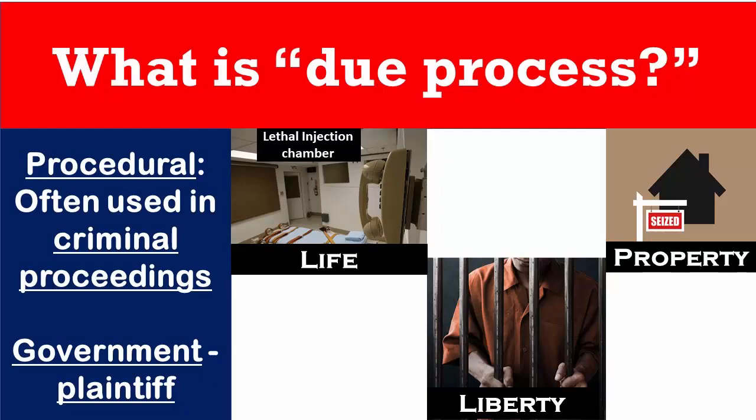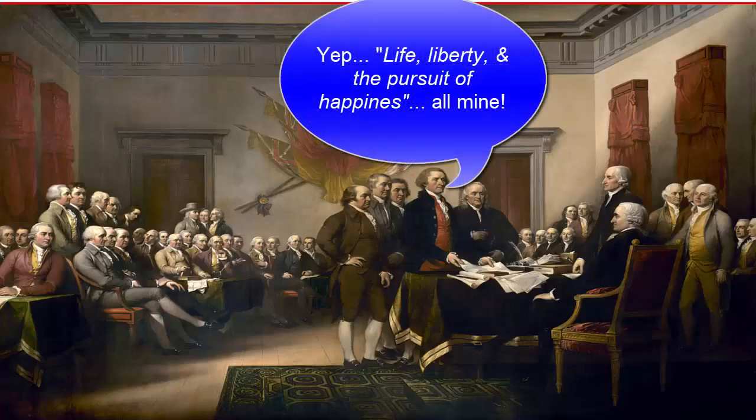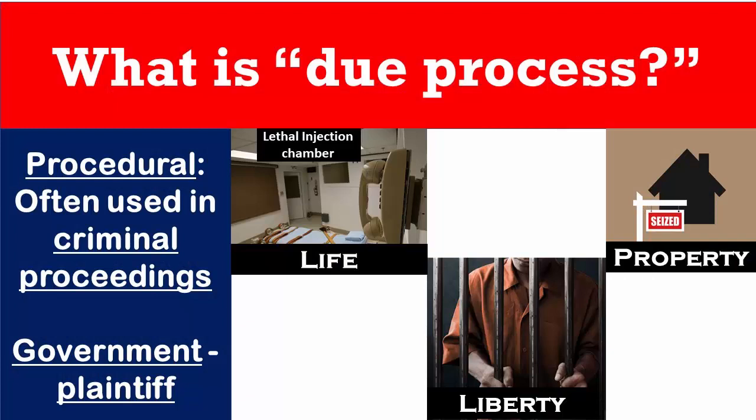Okay, so life, liberty, and property. We've talked about these before when we learned about how Thomas Jefferson kind of borrowed this phrase with a slight change at the end when he was writing the Declaration of Independence. But a word like liberty can mean a lot of different things to a lot of different people. For now, we're going to focus on two aspects of due process, and we'll start with what is referred to as procedural due process.